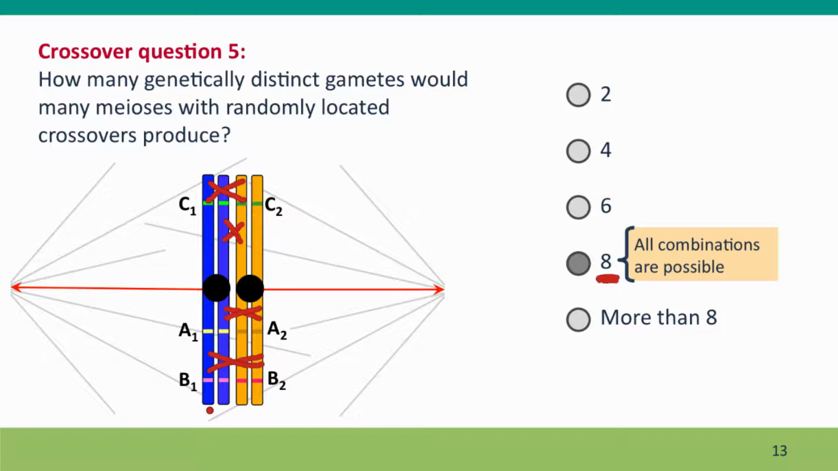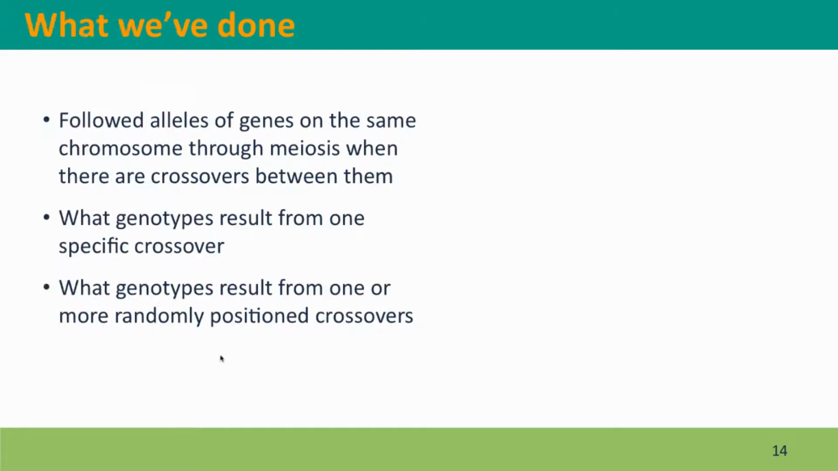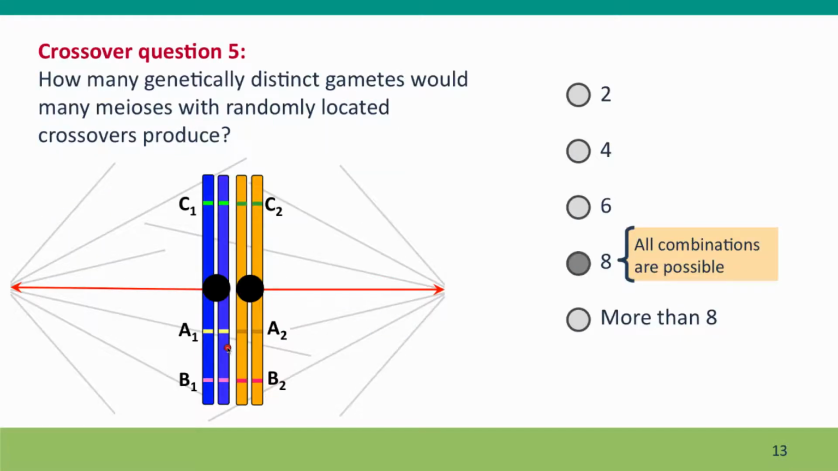Now, all 8 combinations are possible. I'll show you the different ways that these 8 combinations could arise. We could have, as we had in the previous problem, a crossover in this interval, but we could instead have a crossover in this interval, or we could have a crossover in both intervals, or we could have any combination of